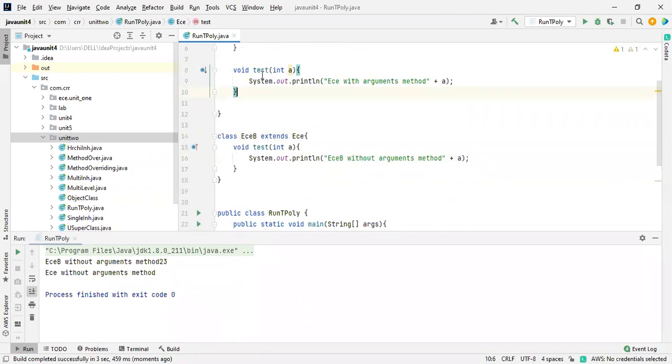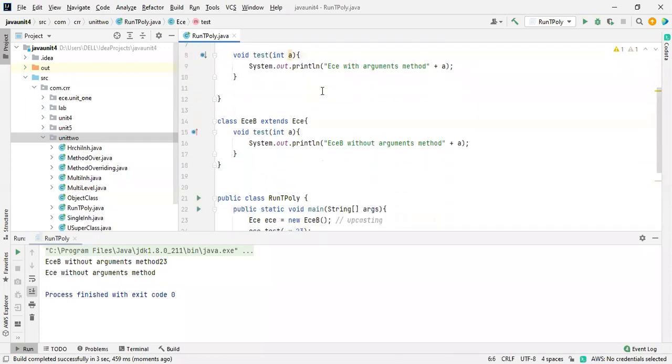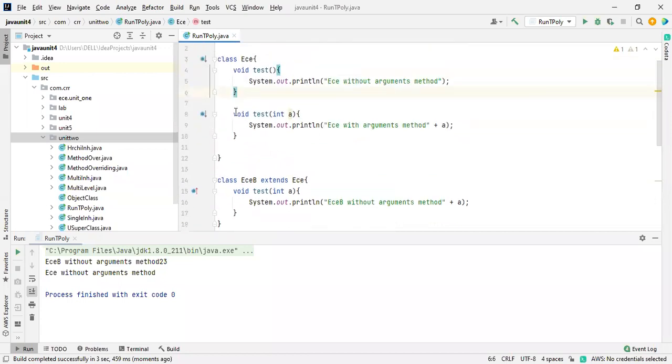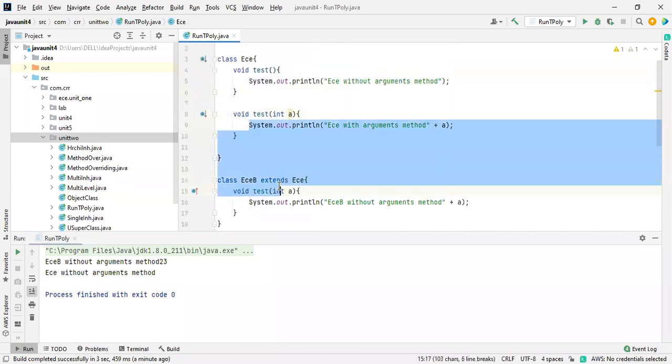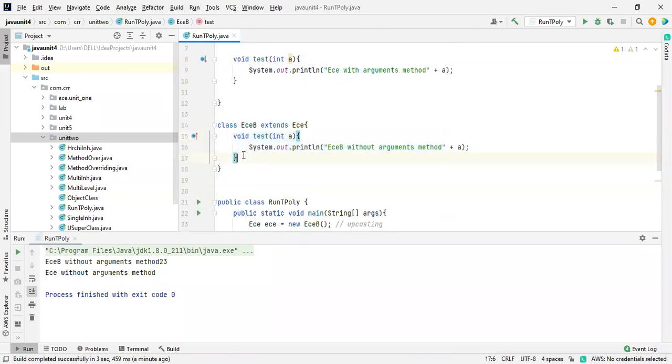Okay, I think you got what I'm saying. This method has been overridden. This is the concept. There is no need to call this one because this method has been overridden over here. This is all about runtime polymorphism.